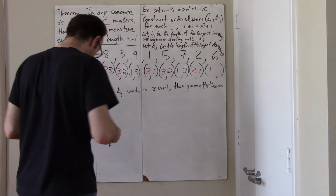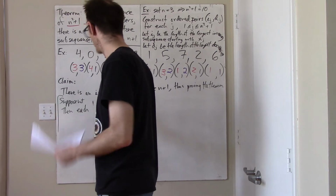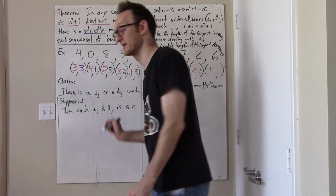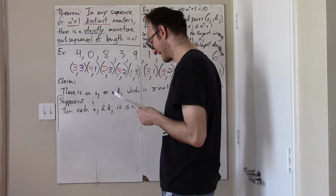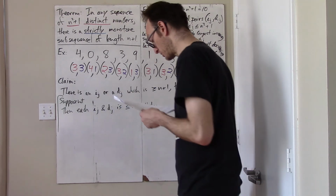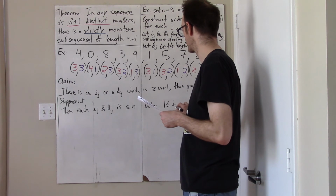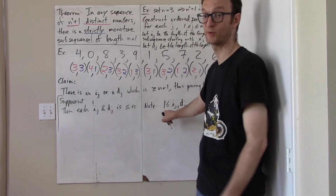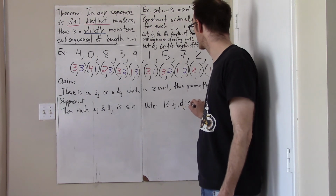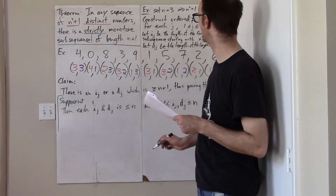So if not, then each of the I sub j and d sub j is in fact less than or equal to n, in this case less than or equal to 3. And that is, however, impossible. Note that, of course, each of the I sub j and d sub j have to be greater than or equal to 1, because for any number there's always a subsequence of length 1, including just itself, and the longest they can possibly be is n plus 1. Why is that? N. Because...